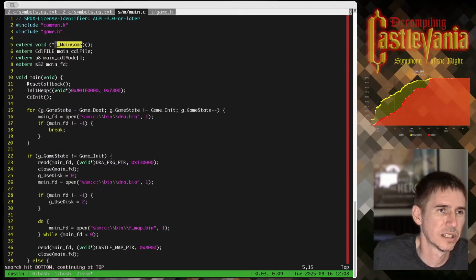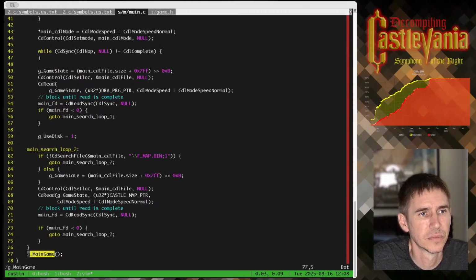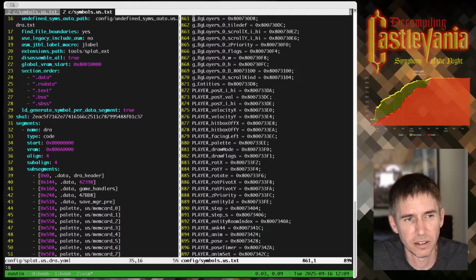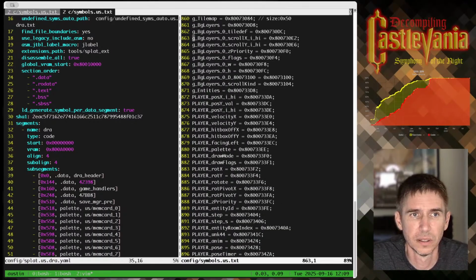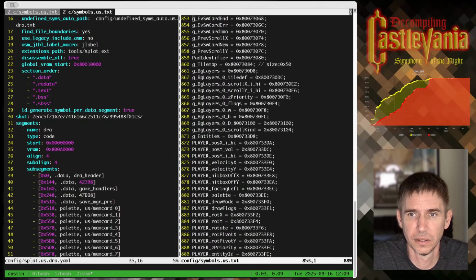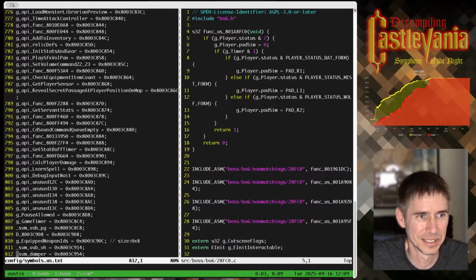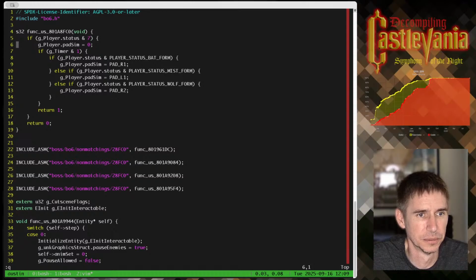And gmain game is a symbol that, how does this get linked in? I don't remember how that gets linked in. But really there's no game logic there, yet all the global variables are there. All right, so thank you for pointing out the G player symbol, Dizzy. Let's move on to the next one. 801961DC. Oh, I did want to do one more thing.